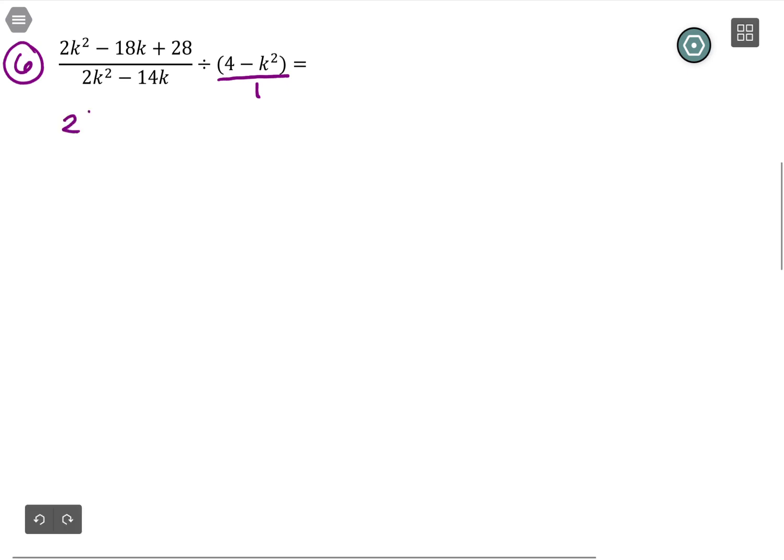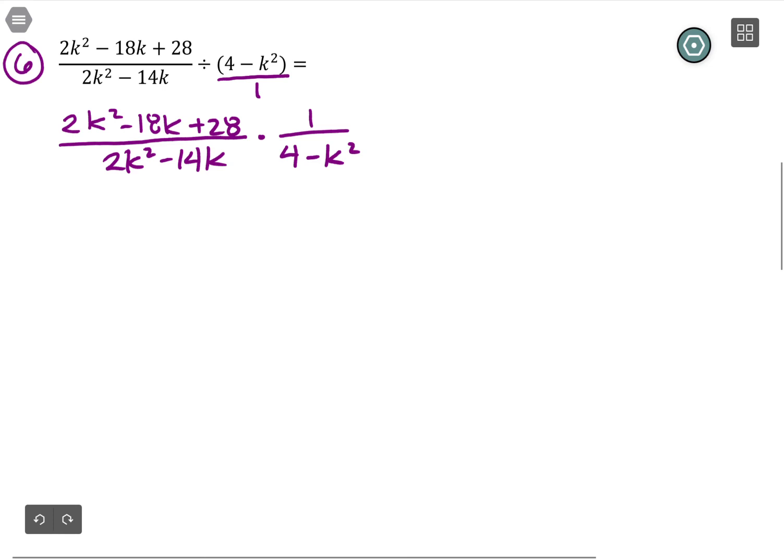And I can go ahead and say to divide by a fraction, I would write the first fraction down, leave it exactly as it was, and then I would flip the second fraction. Now that it's a product, we can just multiply straight across, but I really would